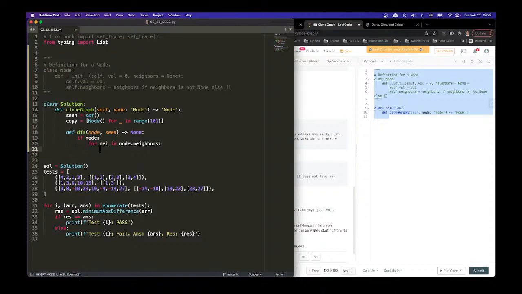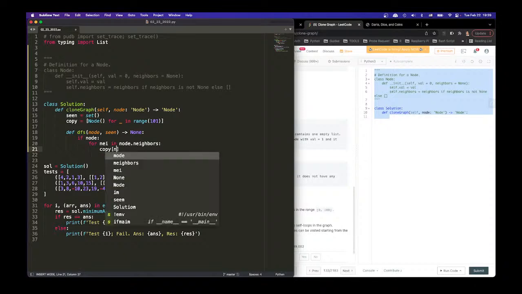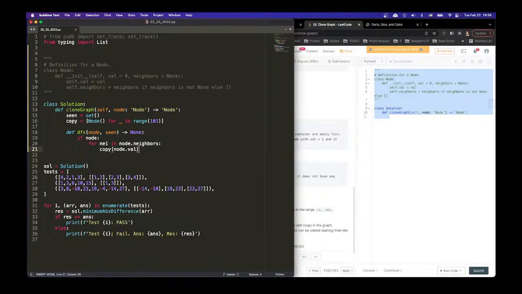If we just say copy node.val is index, neighbors.append. We need to append the neighbor, right? Append the neighbor. What is the neighbor? It could just be reference. That's fine. So copy neighbor.val,